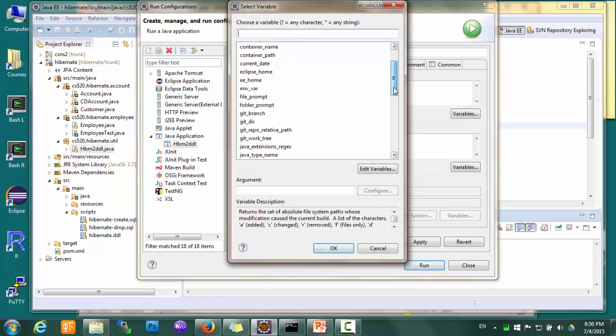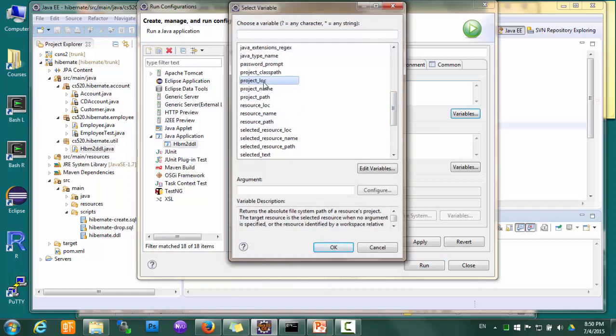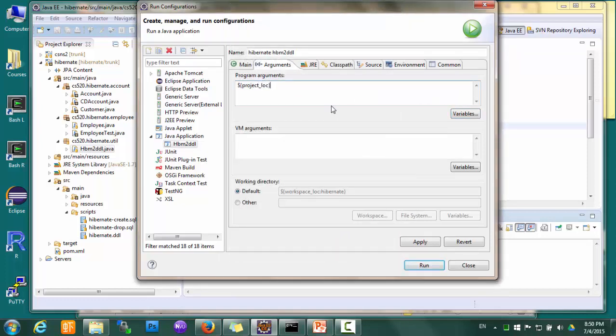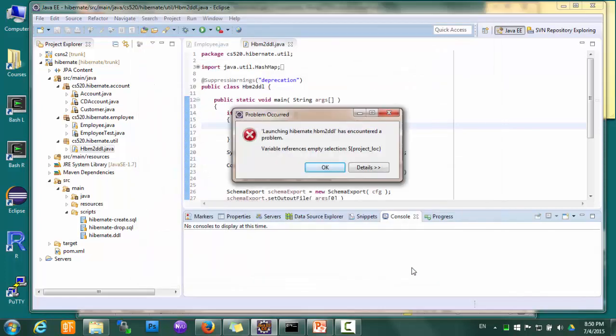So let's say I want to output to the file under project location, and then /source/main/scripts, and then I'll call the file hibernate-examples.ddl. Apply, run,